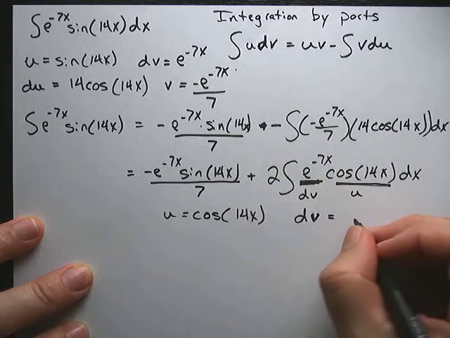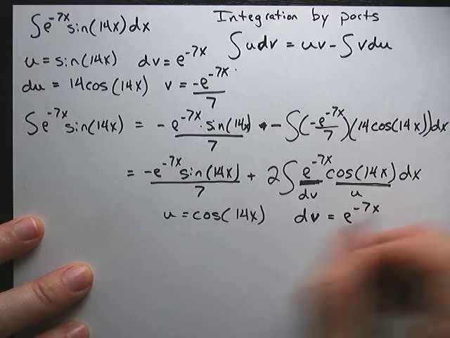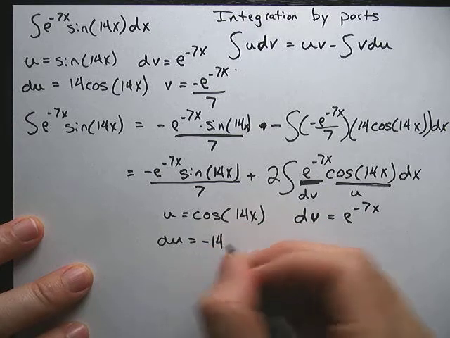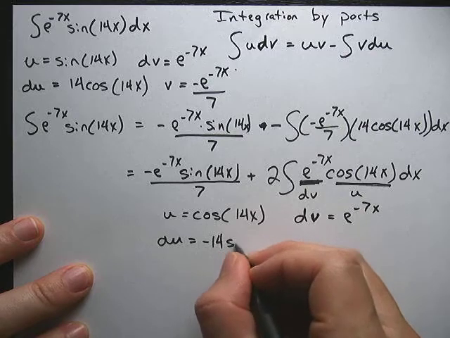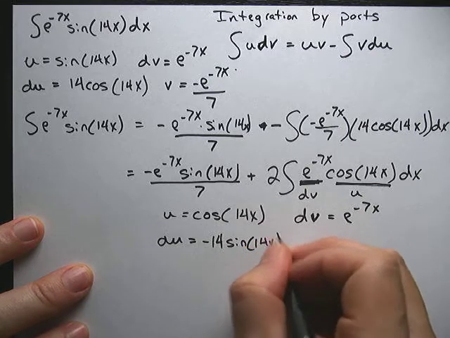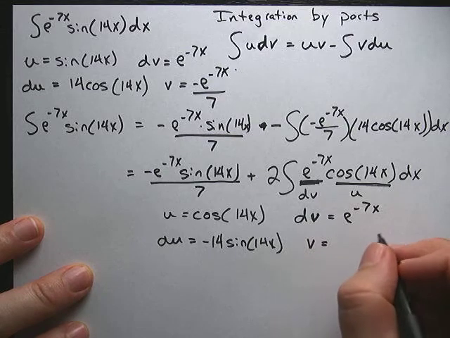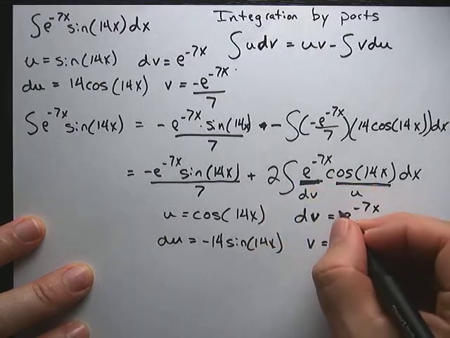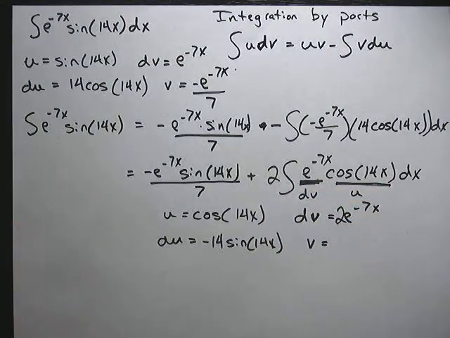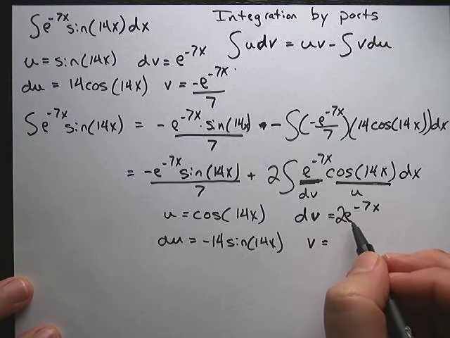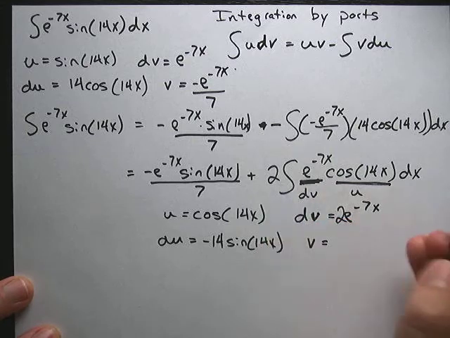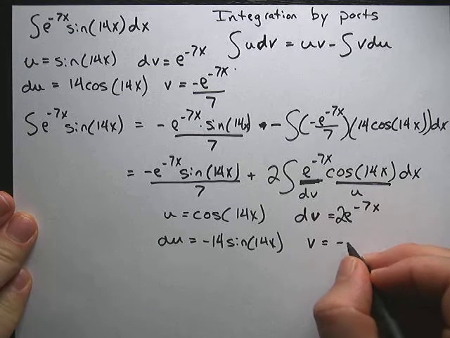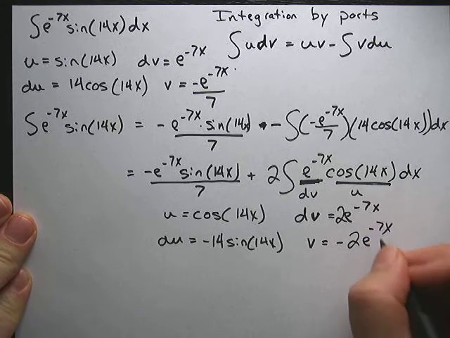dv is equal to e to the negative 7x. du is equal to negative 14 sine of 14x, and v is equal to, let's see, you know what, I'm going to put this 2 on with the v. Or with the dv. I like carrying the 2's in so you don't have to remember to multiply them through later. So instead of the dv being just e to the negative 7x, I'm going to put this 2 on with it, which means that the integral, or the antiderivative of this, would be negative 2e to the negative 7x over